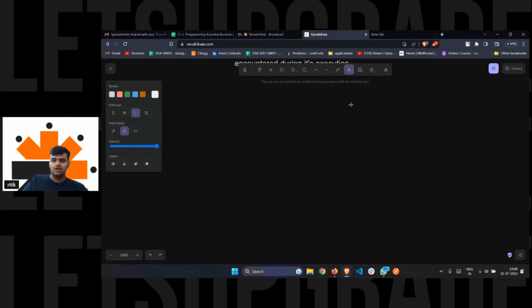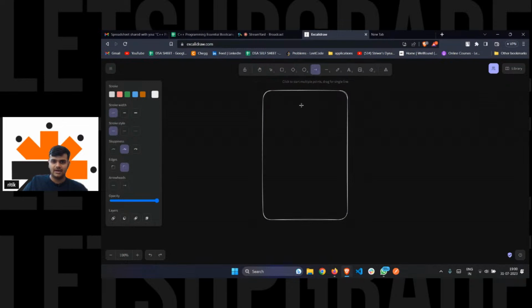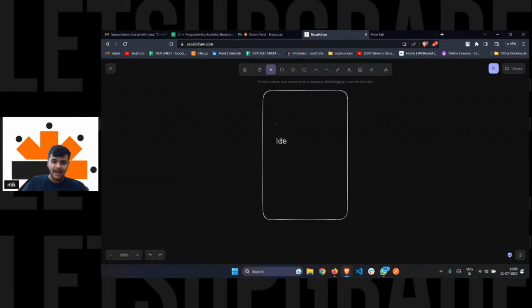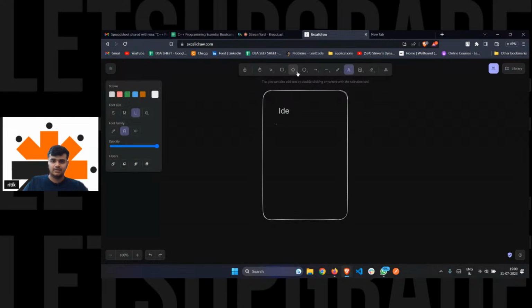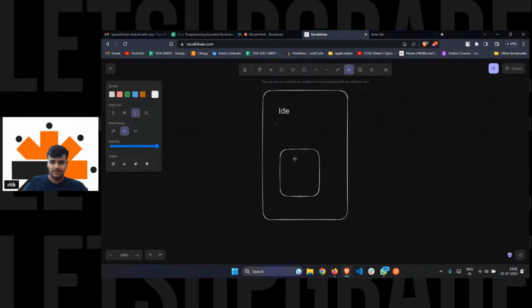So first of all, you have to download an IDE, and inside this IDE, you will have something called a compiler, because a compiler needs an environment to run on. It cannot simply run on anything.